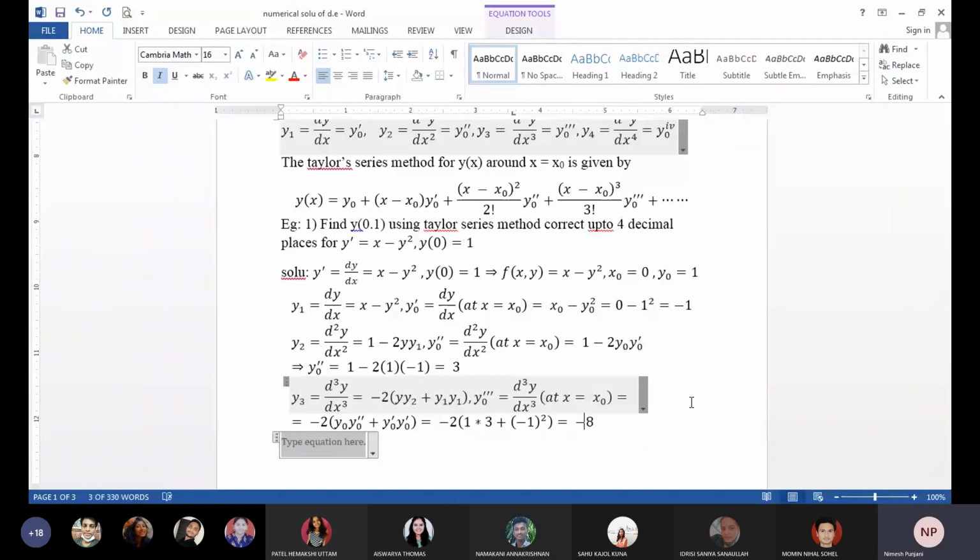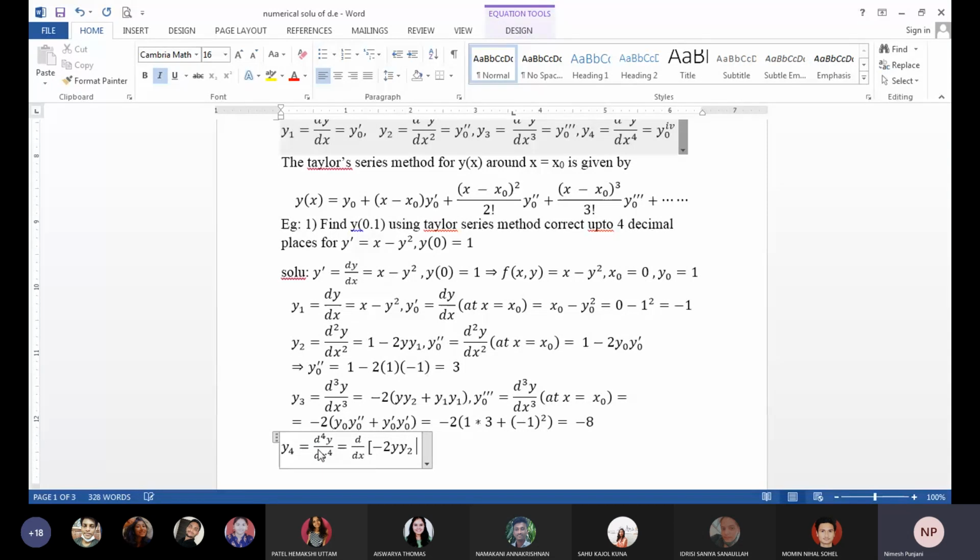Now today we are supposed to start with y4. Y4 means the fourth order derivative of the function with respect to x. Fourth order derivative means it is the derivative of your third order derivative. So I will write it like this. It is d by dx of